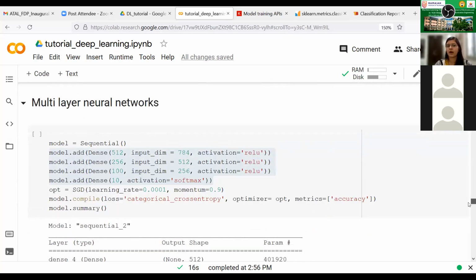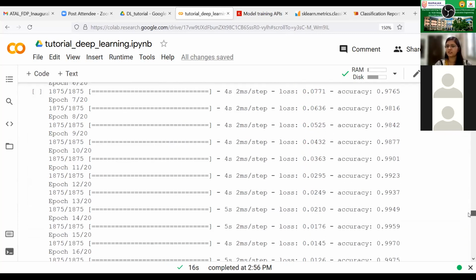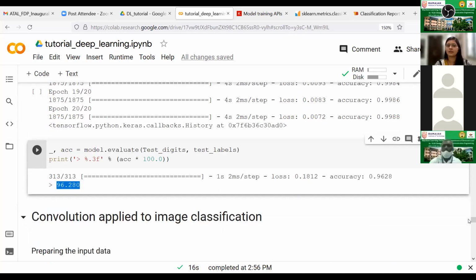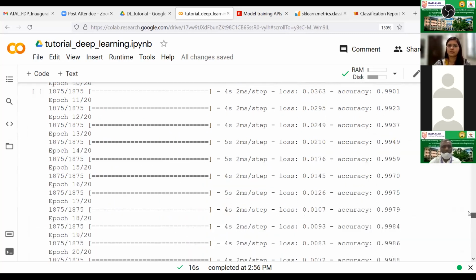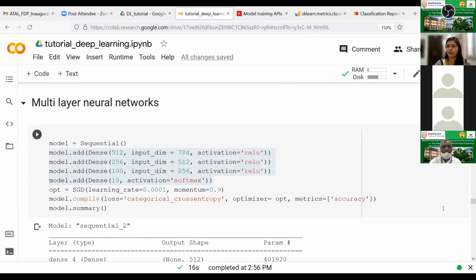But again, there is no hard rule. The architecture can be defined based on the data set, the distribution of the data, and certain other parameters. So this is not like you just train it once and you'll get the best output. You need to train it again and again with changes in hyperparameters and changes in the architecture, and this way you can get the best accuracy. So these are just normal layers. The dense layers are normal neural network layers.